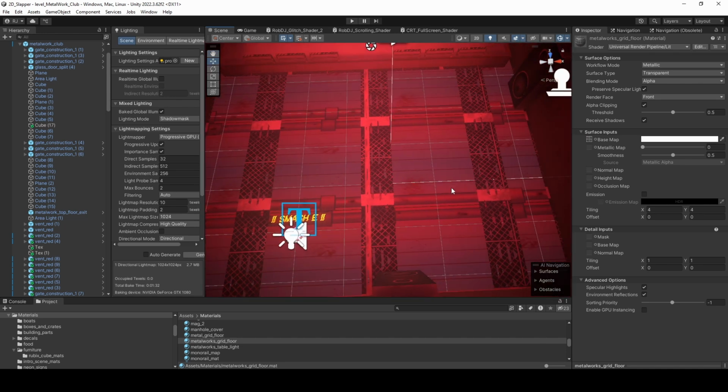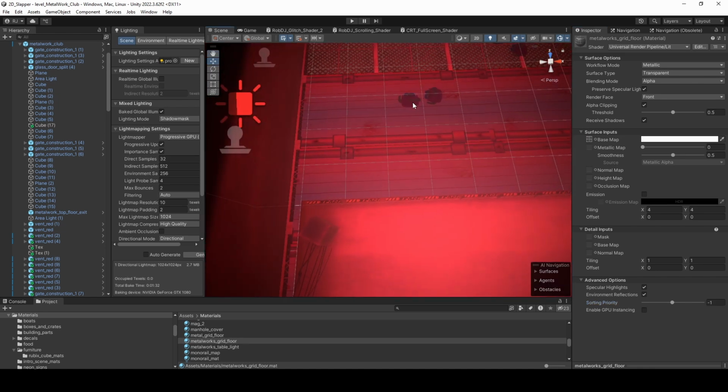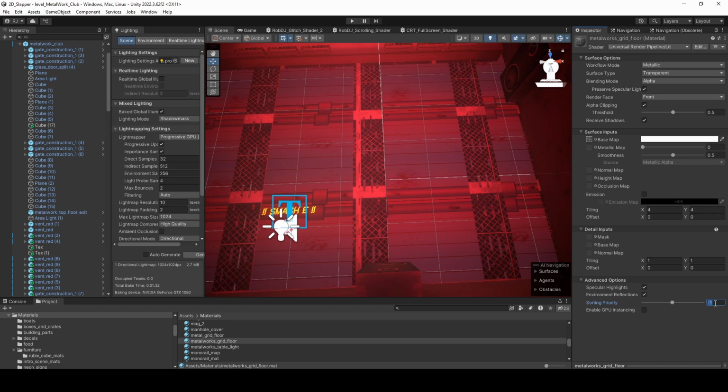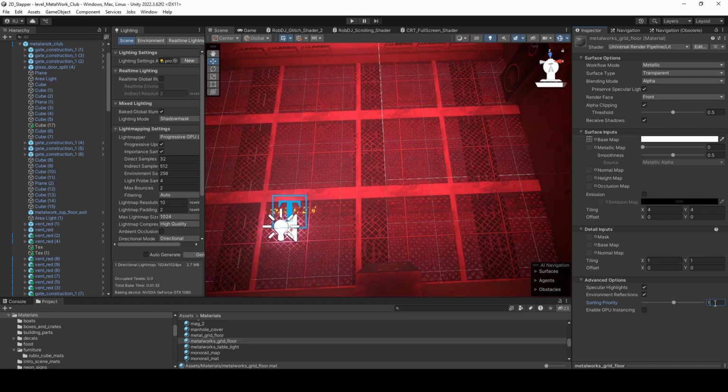So in theory, we want this to be more important than the underlying pipes, right? Basically the way we want to draw things in terms of priority, our NPCs are the most important. After that, the floor texture is the most important, and after that, these pipes underneath. So the floor we'll set to 1, and we will leave the pipes at 0, and then we'll change these